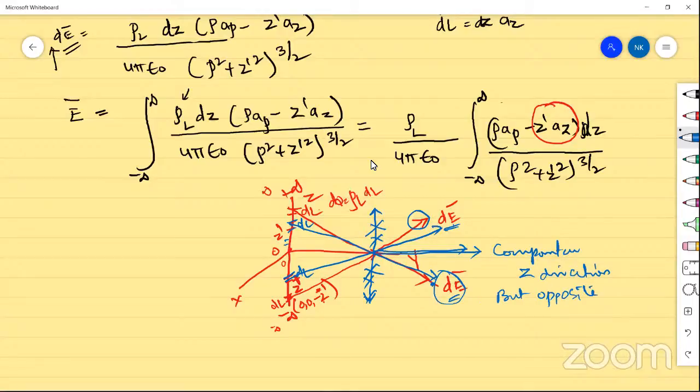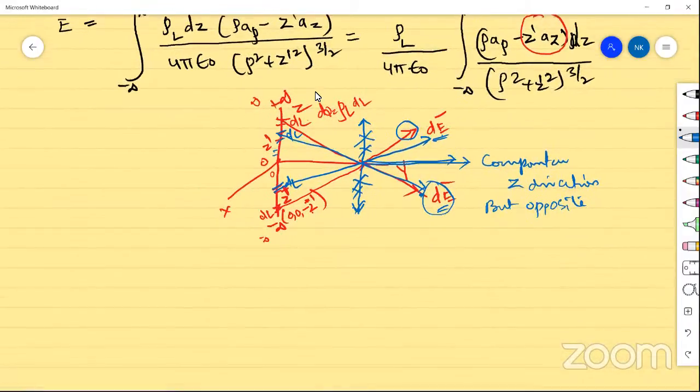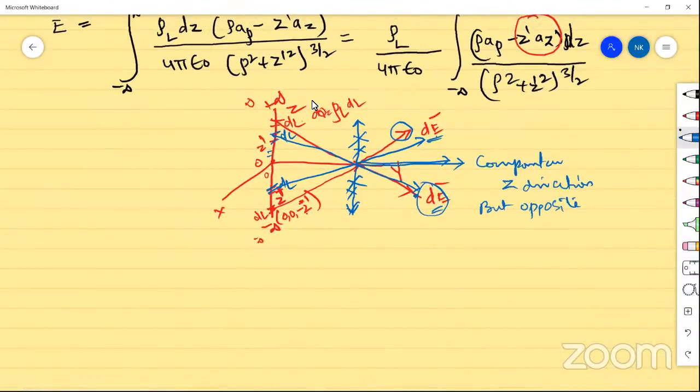So that's why, as all the vertical components cancel each other, I am writing a new equation, because in that new equation there will be no z component. Anyway, if you derive it you'll get the same thing, but initially by analysis I'm simplifying it. Rho L by 4 pi epsilon naught